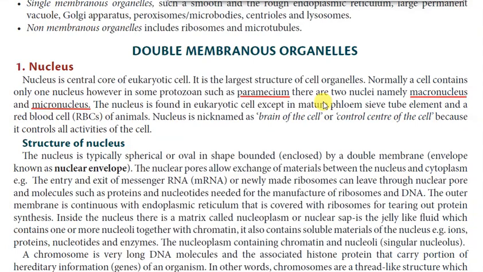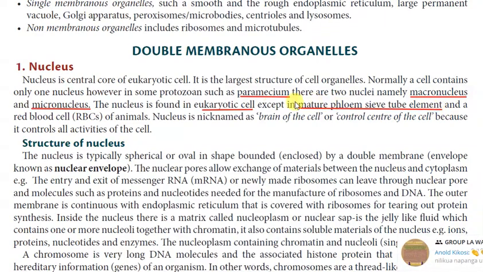Prokaryotic cells don't have a nucleus as such, but only have the genetic material, which is nucleic acid, present in an area within the cell called the nucleoid, not the nucleus as in eukaryotic cells. The nucleus is found in eukaryotic cells, but we have exceptions in the mature phloem sieve tube element, which is present in plants. We will learn more about the phloem sieve tube element when we discuss transportation. The mature phloem sieve tube element is present in plants, and the red blood cell